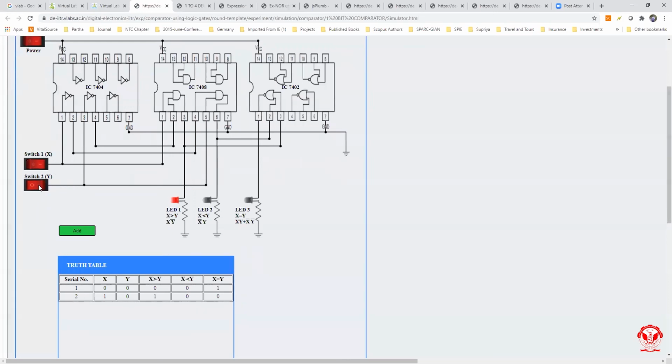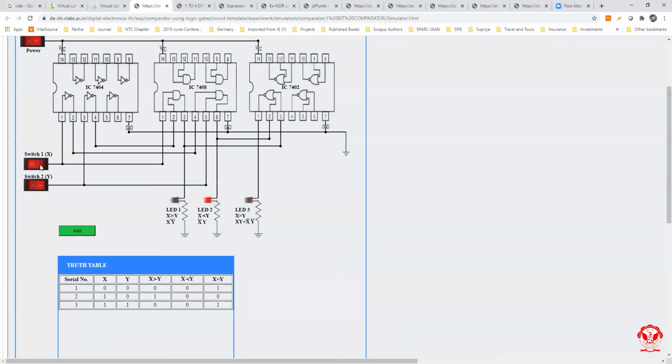Okay, now just click 1 and 1. Since it is also an equal state, input X is equal to Y. Again click on the add button, and for X equal to Y it is 1, and for the other 2 columns it is 0.